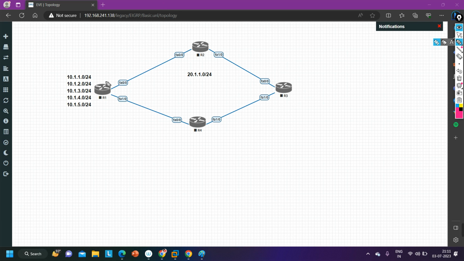So then what impact will it have? Simple. Router 3 will not accept the update of R1's summary address. Okay. Wait, Nirav, we will discuss this also. Don't worry, in the example as well.